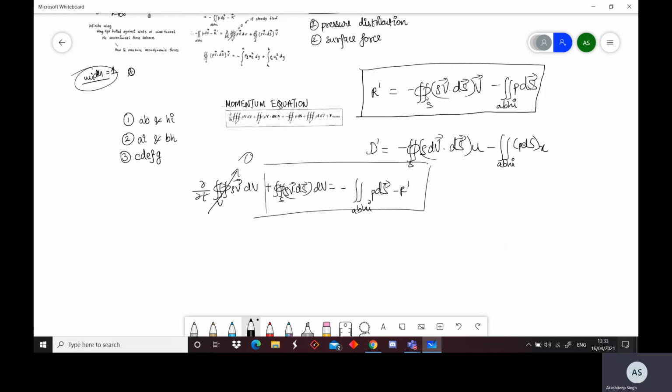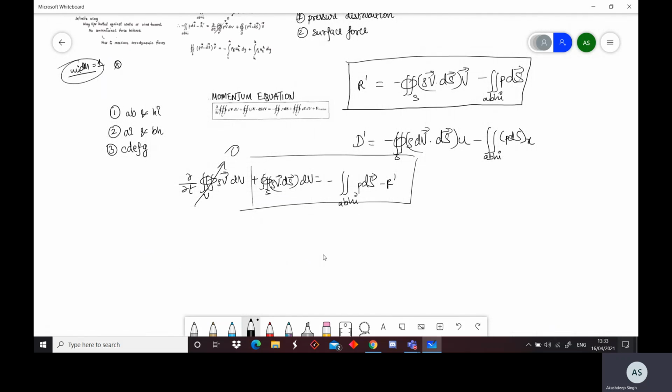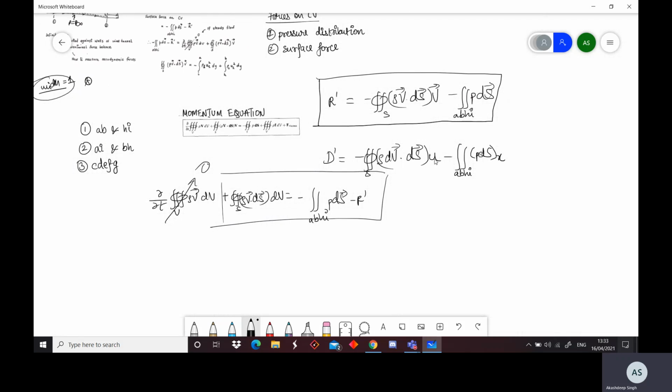Now that we have R prime, we can take the horizontal component of R prime. That will be nothing but the drag, as we saw from this diagram, with the free stream velocity, taking the perpendicular and horizontal components respectively as lift and drag. So we can get drag. U is the horizontal velocity, and this is the pressure distribution force in the x direction. So this is the integral form of the drag equation. Also, the boundaries of the control volume ABHI are very far, so P is constant, and this entire term will again become 0.